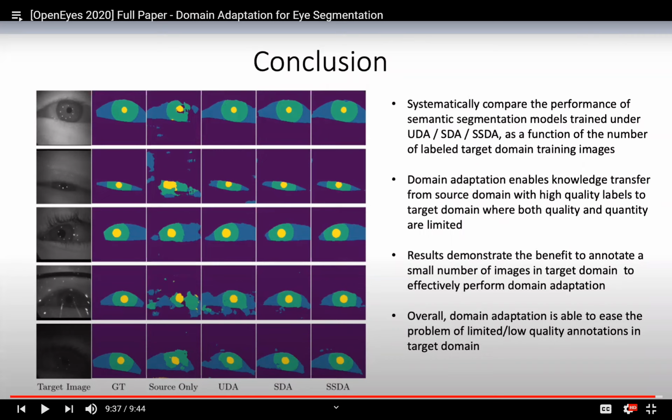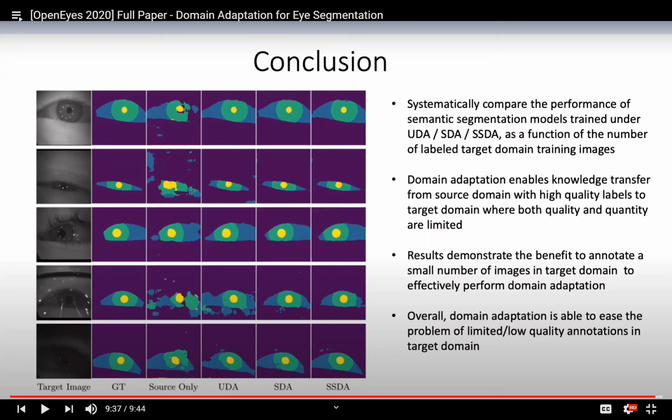Yeah, that is another very good question too. We did have some experiments directly using the limited target domain data to compare with. In our case, SSDA, semi-supervised domain adaptation, has the best performance. We compare it with fine-tuning directly, sorry, it's not even fine-tuning. There are different baselines.